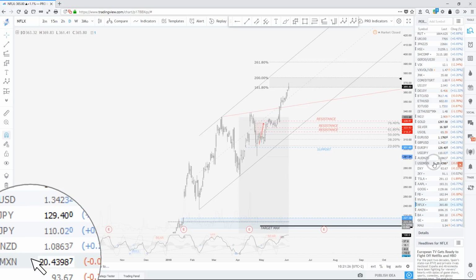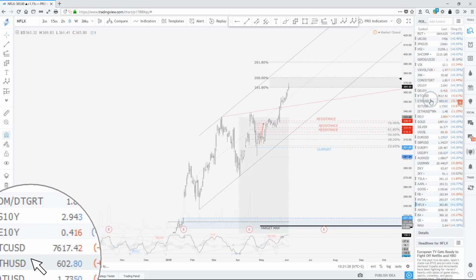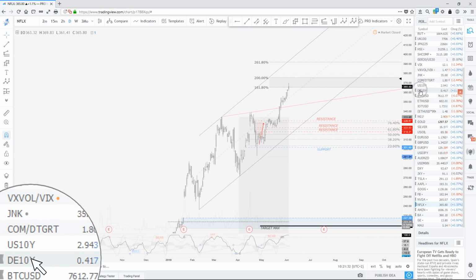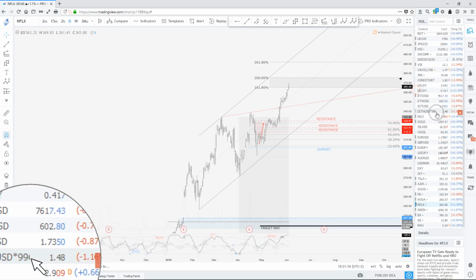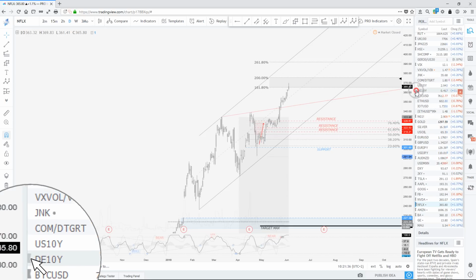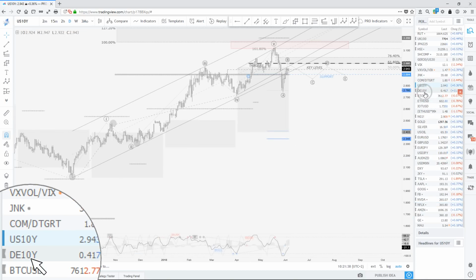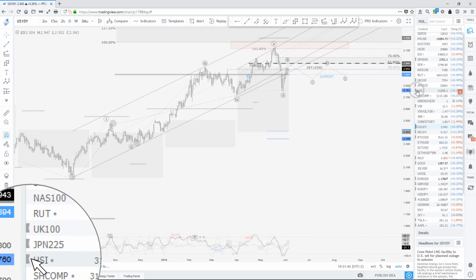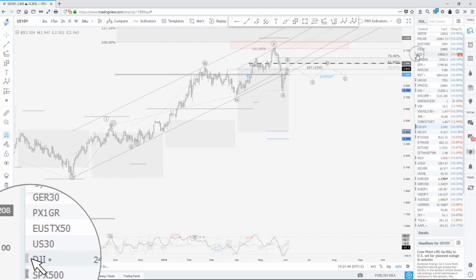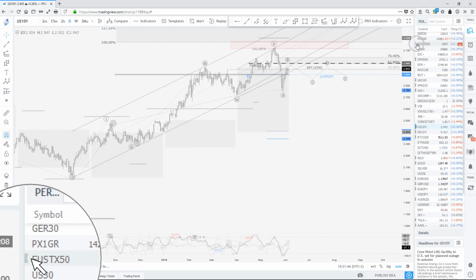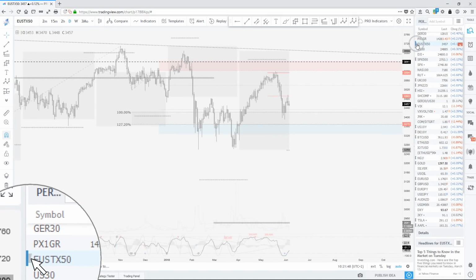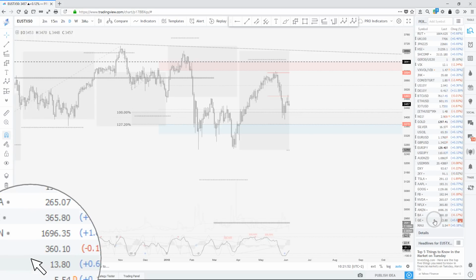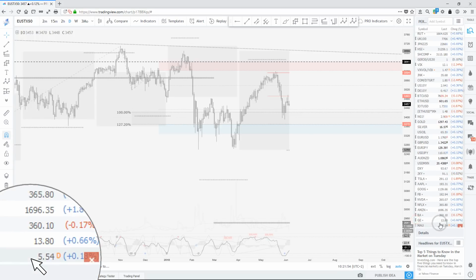Don't have US oil anymore. I got gold, gas, got Bitcoin, I got 10-year yield. Yeah, I still do have that one as well. Started to trade VIX, HSI. Yeah, I do have all those. And I've got Euro stocks as well. So this is all I have in my portfolio right now. This is all I'm currently trading. Okay, all of this is in portfolio. I got General Electric as well.